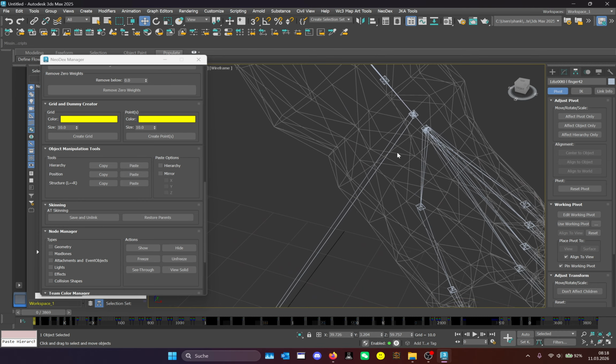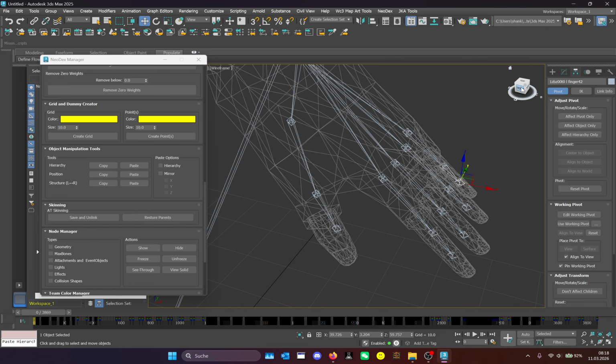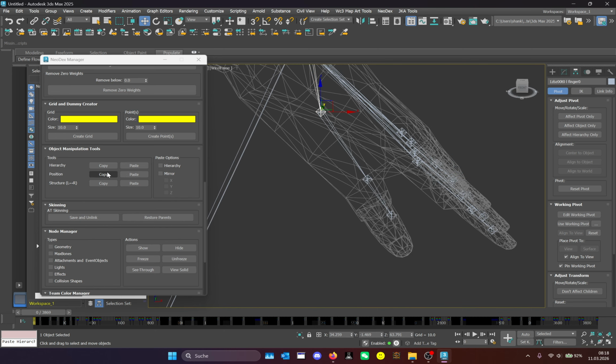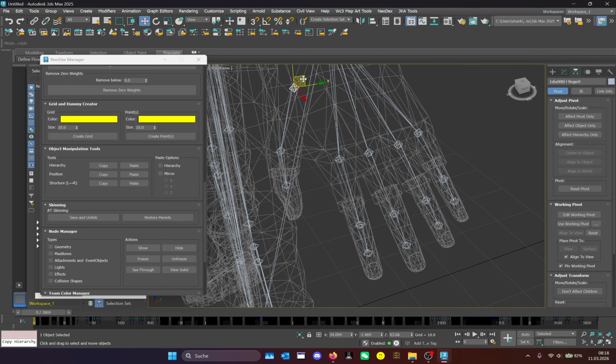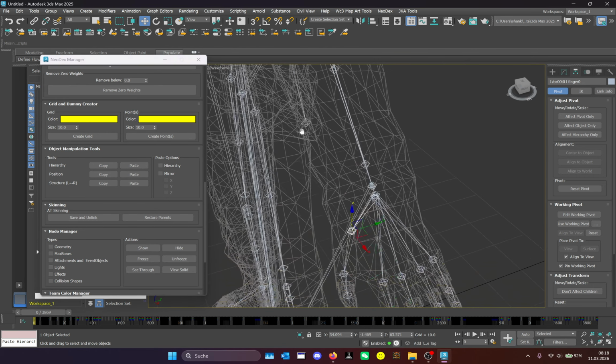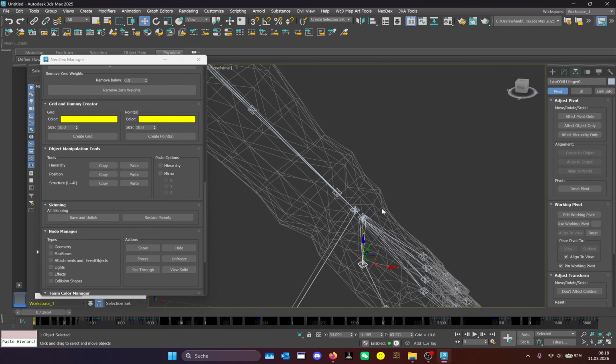So, let's take a thumb. Next, let's copy position, oh, copy hierarchy, sorry, down. So, that looks good, and paste. So, paste hierarchy. So we did the whole hand right now, and I don't like to do it for the other side because